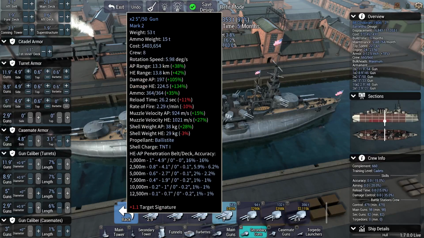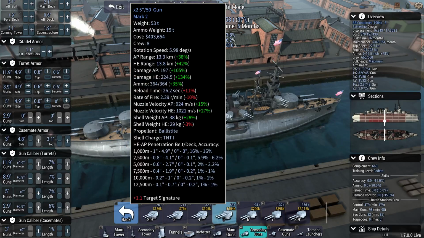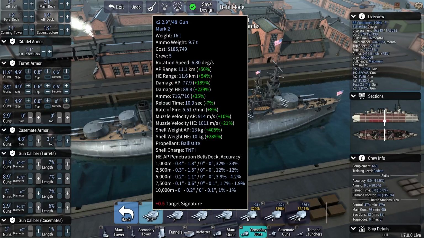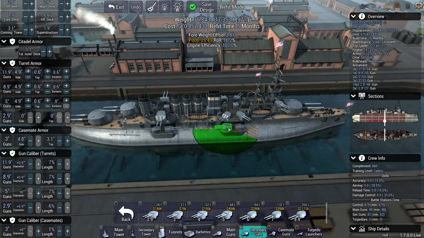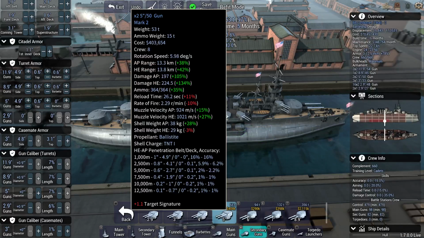In the same amount of time that this thing's doing 224. So I mean, it's gonna fire a lot faster, and so maybe. So this is kind of the decision we have to make. Then as far as weight-wise goes, one 5-inch weighs more than two 2.9s. So maybe we just go with just a wall of small shells, but this has a longer range. This will be better against cruisers, right? So that's kind of our